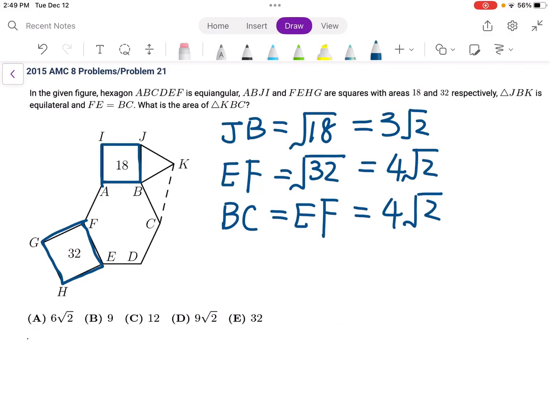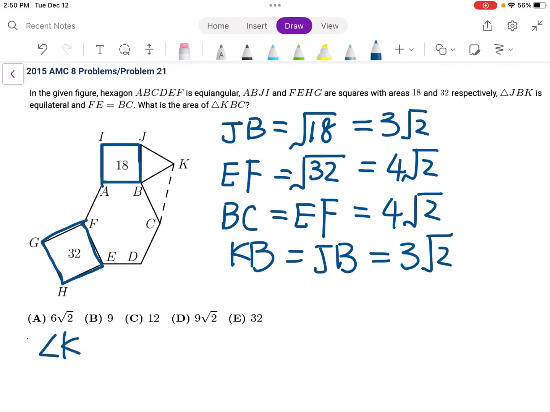And because triangle JBK is equilateral, KB equals JB equals 3 square root of 2. And now let's calculate angle KBC. It equals